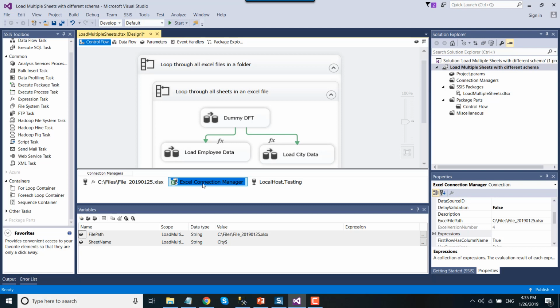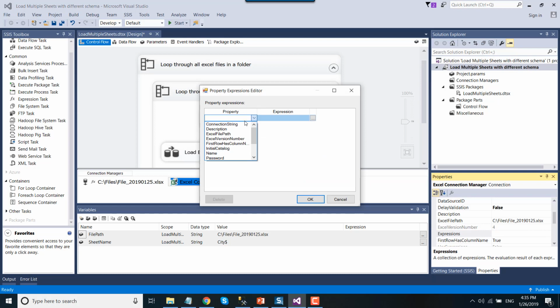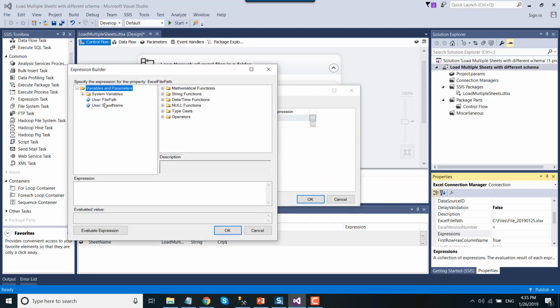This is for the particular Excel file. So the Excel file path property contains the Excel file path. So what we need to do is make this particular property dynamic as well, because right now it's hard coded and every time it will load the data from this particular file. So expand the expressions, go to expressions, select the Excel file path property, and then we need to assign the